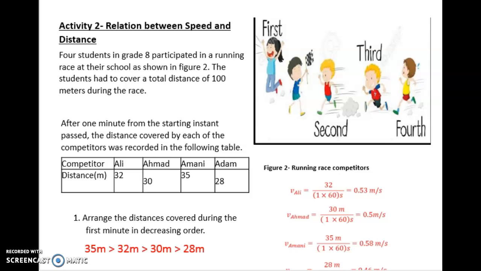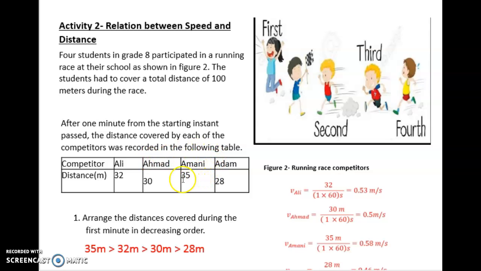Activity 2. Relation between speed and distance. 4 students in grade 8 participated in a running race at their school, as shown in figure 2. The students had to cover a total distance of 100 meters during the race. After 1 minute from the starting instant passed, the distance covered by each of the competitors was recorded in the